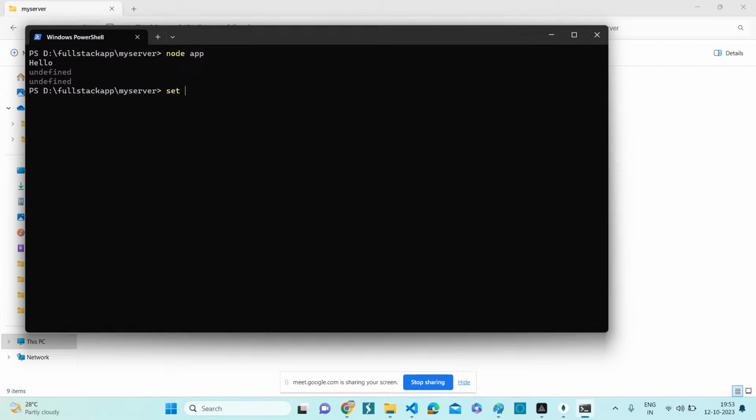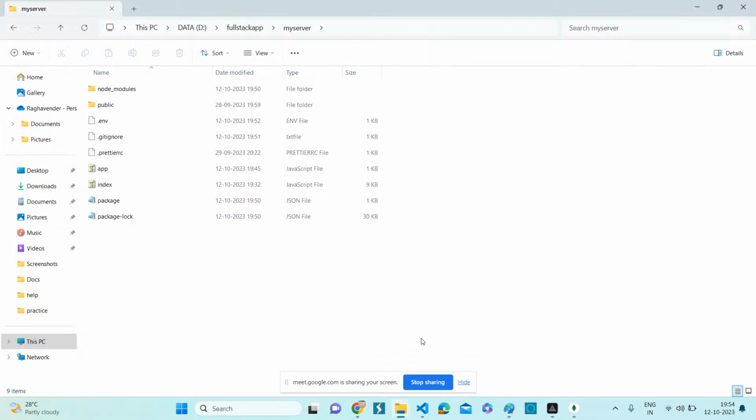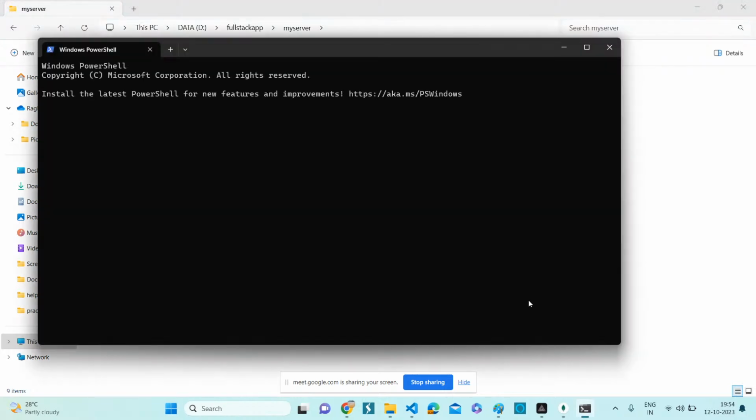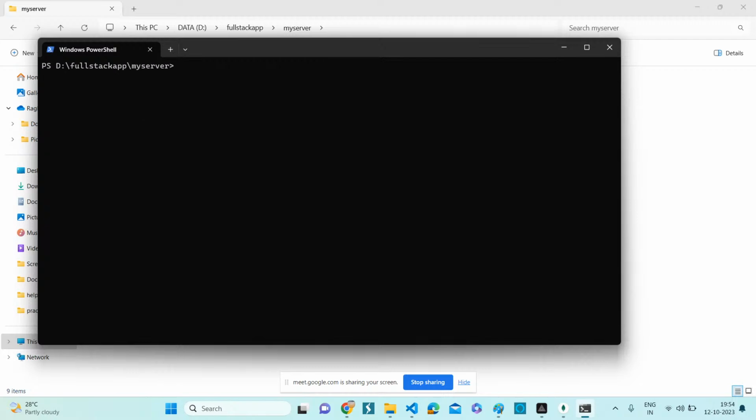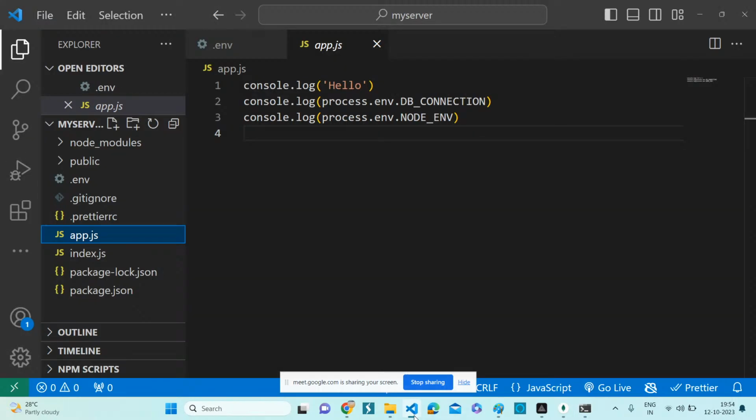Because if you want those details again, you need to set them. Whenever you are running your application, you need to set the DB connection details, node environment details, user ID, password, API tokens and all other secure information. So it's really tough, because if by mistake you close this terminal, whatever variables you have set, everything will go. Because we need to maintain the security, right? It's really tough to set all the variables from a command prompt every day, or every time you close that terminal. So the simplest way is